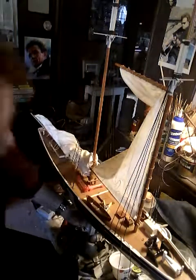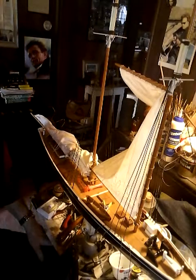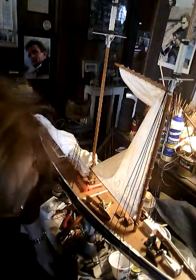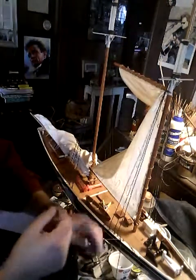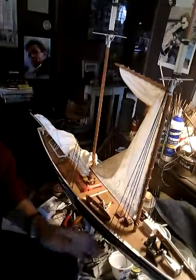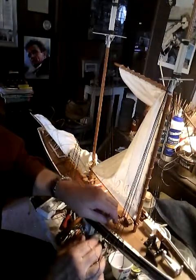Interesting. That other side doesn't have the same number of eyes. Doesn't have the same number of eyes that the port side has. So what we're going to do there is move this here. I'm going to make both sides the same, no matter where the eyes are. So we'll move that,